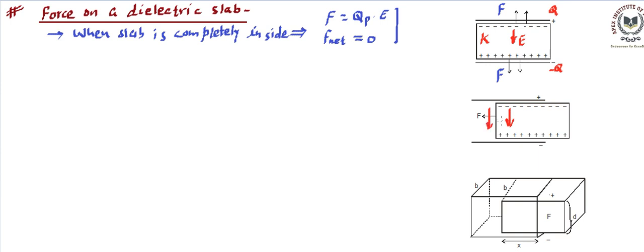However, the two fields are going to be different because this is going to be including this polarized field as well, whereas this is going to be simply because of the plates or charge on the plates. Now, whenever we solve these kind of questions, we always assume these plates to be large enough. These plates are very large. That means we are trying to ignore the effects that occur on the ends or edges. However, in this particular case, edges are going to play their role, because when it is partially inserted, that means on this edge we need to watch how the field is behaving.